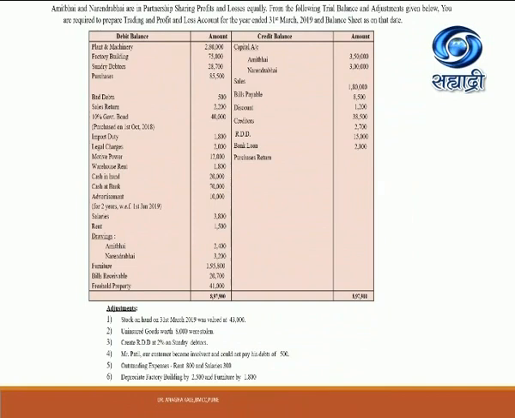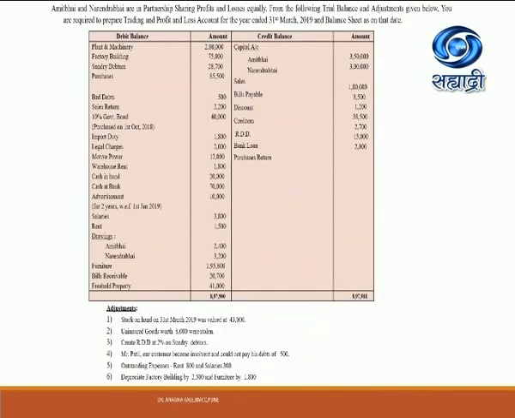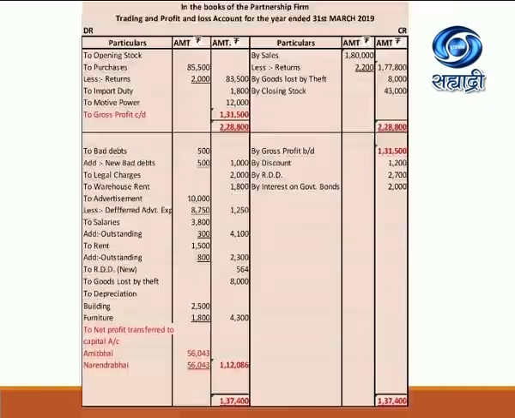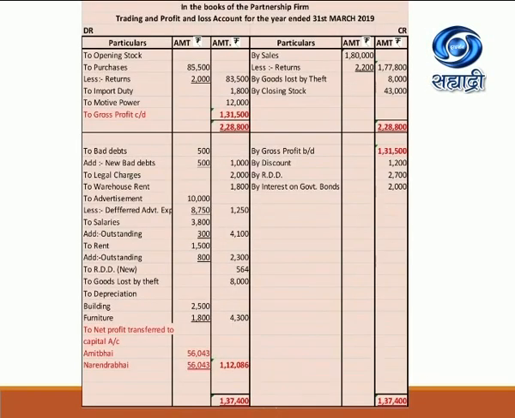Then sales amount is there. Sales we are showing on credit side. So sales are 1,80,000, credit side of trading account. Returns are already shown, so net amount we can take in outer column, that is 1,77,800. Next is bills payable, which is a liability for us. So in balance sheet on liability side, below the capital amount, you will find bills payable 8,500, no adjustment, so directly in outer column.